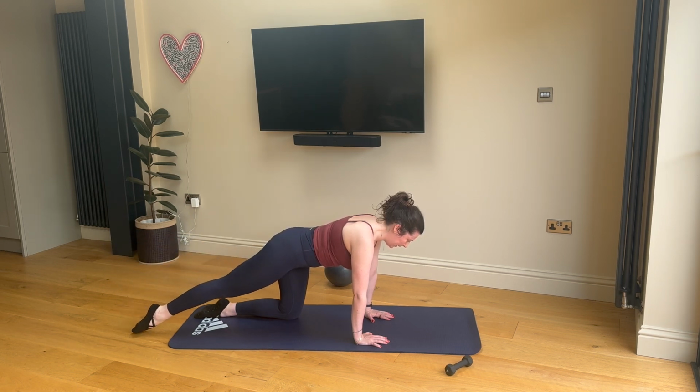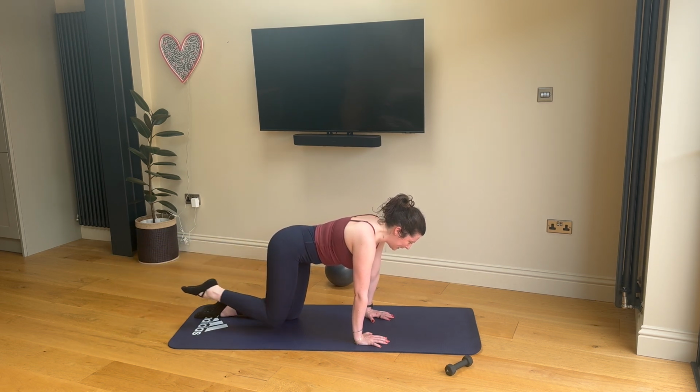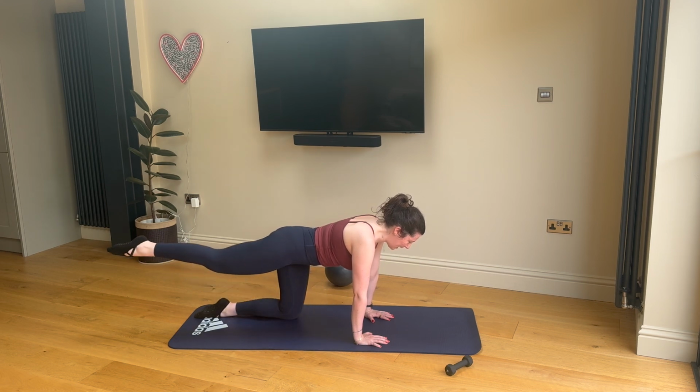7, 6, 5, 4, 3, 2. Hold it up. You're going to bring that knee into the chest and then take it back out long